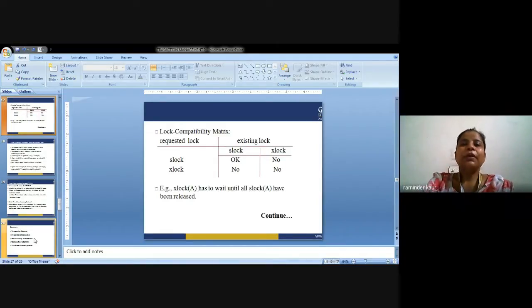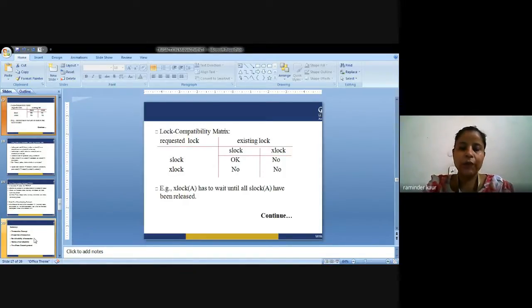So coming to the locks, there are various types of locks, that is S lock and X lock. For the shared lock, we should allow all the transactions to access the item A if they all access the item A for reading purpose only. So read item is also called shared lock, because all other transactions are allowed to read the item.